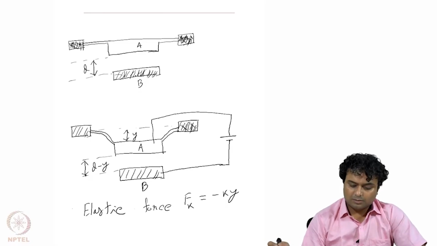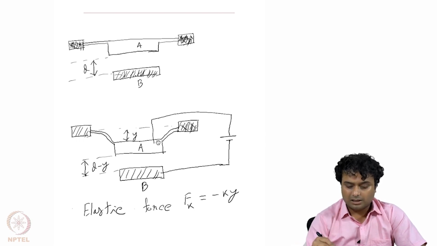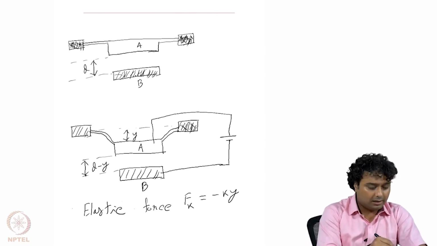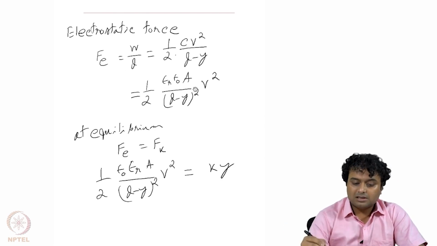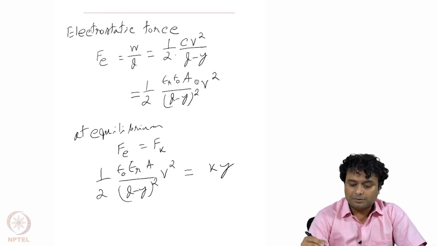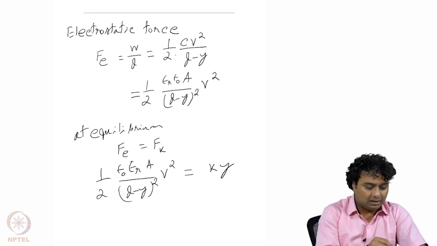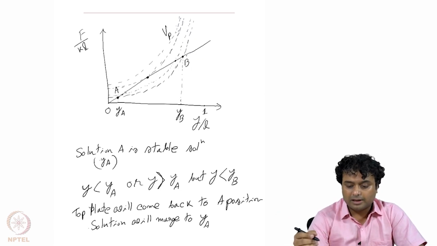So in the last class we were discussing this system, which is a coupled system. Coupled system means that it is attracted by the electric field, as well as the mechanical force. The electrostatic force is trying to pull the A plate up, and we have already seen that this is the electrostatic force, half into epsilon r epsilon naught A divided by d minus y whole square into v square, and the elastic force or the mechanical force is ky, as we know. At equilibrium these two forces will be the same, and then we draw this force diagram where we can